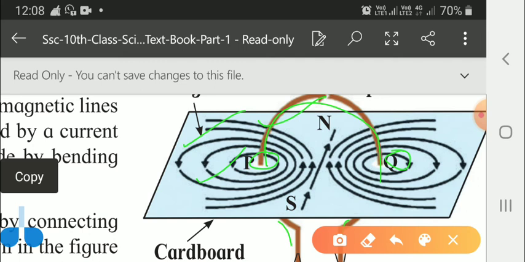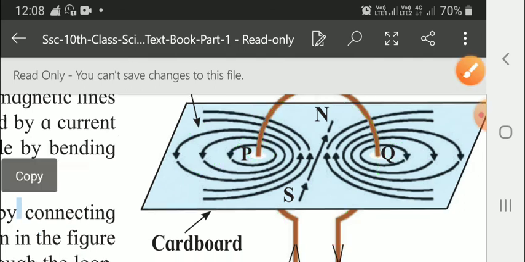Now we'll see that the intensity of the magnetic field at any point produced by a current flowing through the conducting wire also depends on the current. We have seen this in experiment number 4.6 also. If we look at that figure, we'll see that if there are n number of turns in the loop, then the magnetic field will also be n times that produced by a single loop. So this is very important. You have to just note down this point.